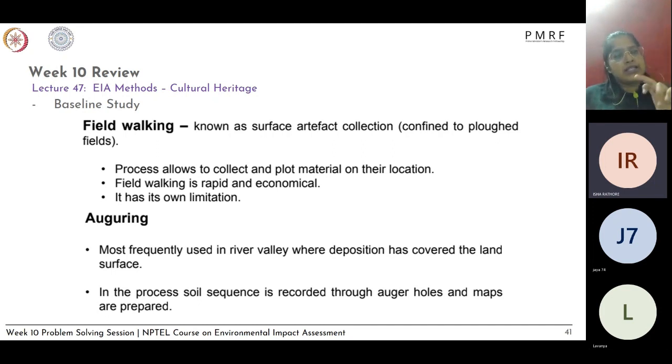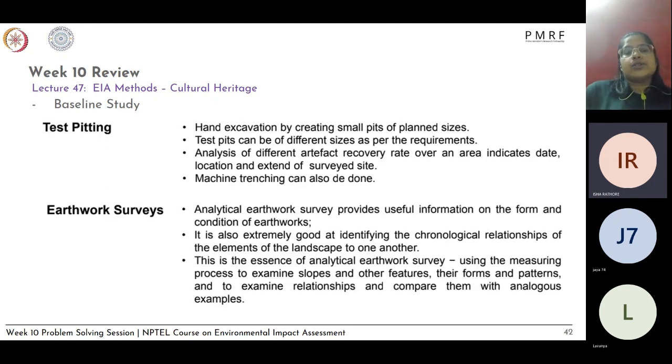So you basically take out the soil from a depth, and then you assess the soil composition to look at how the soil was different in the past. And then you also have test pitting, where you do hand excavations by creating small pits of plant sizes, and then you analyze different artifacts, the artifact recovery rate over the area, including the date, location, and extent of the surveyed